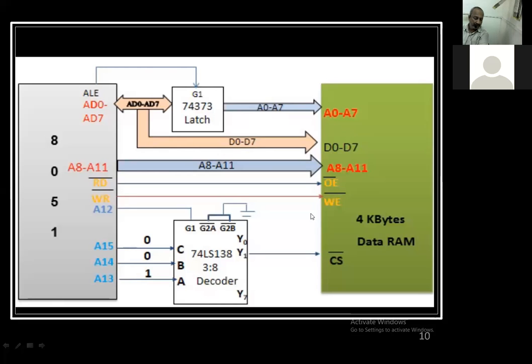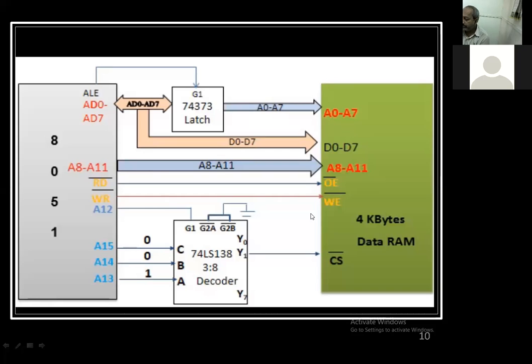So by that time, I will just give a brief for those who were absent for the last session. We are learning the interfacing of external memory with 8051. 8051 itself has internal memory, that is the RAM of 128 bytes and ROM of 4 KB. But additionally, if the application is too complicated or big, you may require an external ROM. So in that case, how to connect and how much we can connect, that discussion we had.